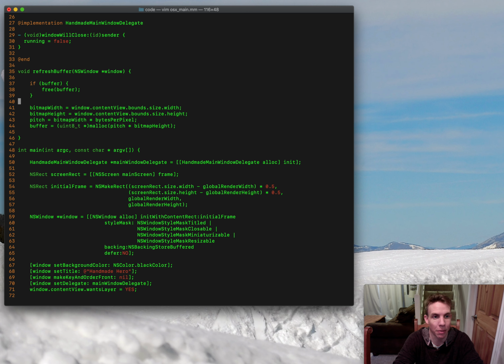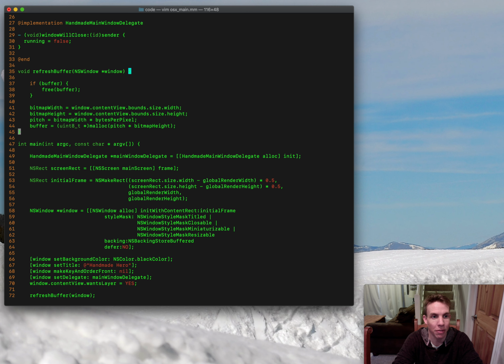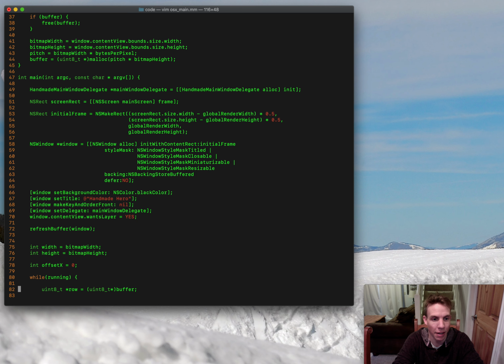I think, let's see where we are. That's our refresh buffer function. And so we're going to call that. All right, good, very good. Okay, so refresh buffer takes a window. All right. Now